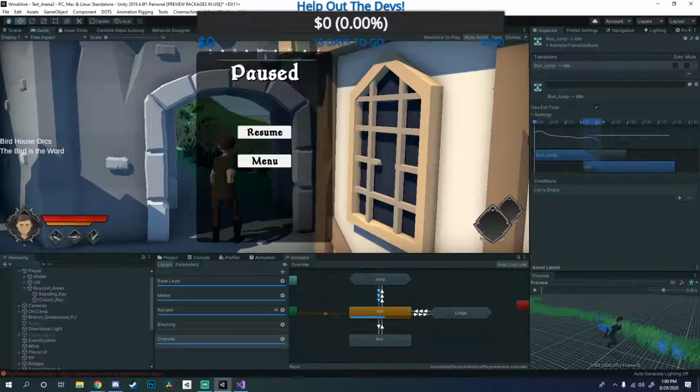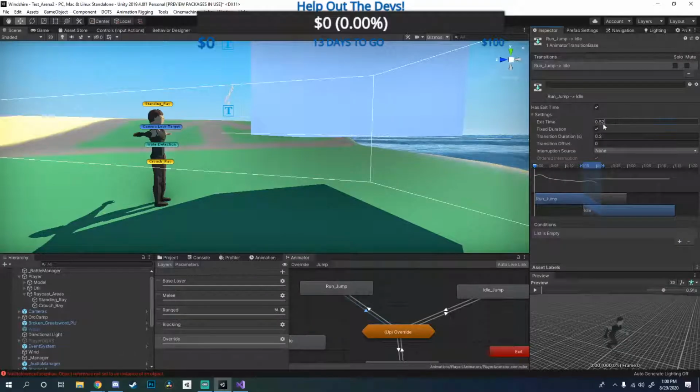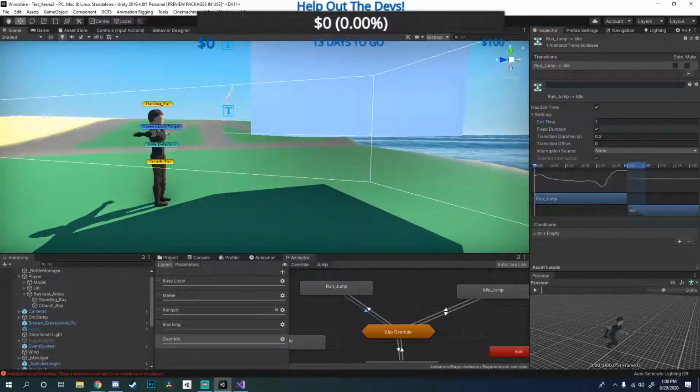I don't like how it halfway finishes the animation though. That's what's kind of annoying me. What if we have the exit time as just 1? I know this is gonna